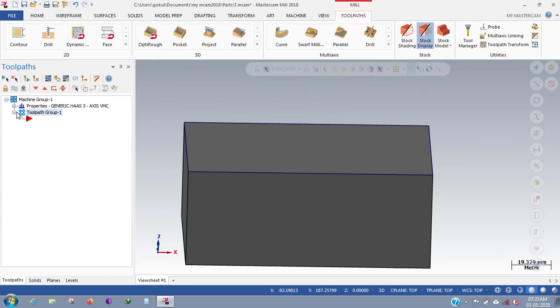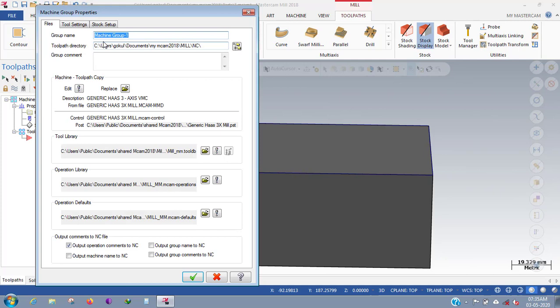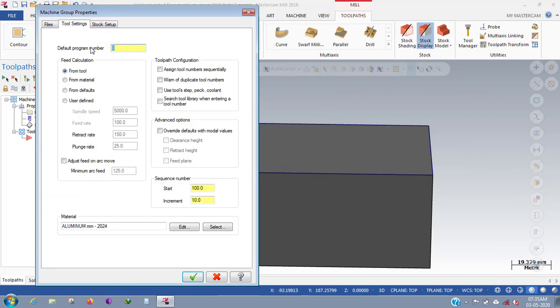And going to properties and giving the file name, facing, and in tool settings I am just giving the program number. The feed calculation is to be calculated from the material spec.